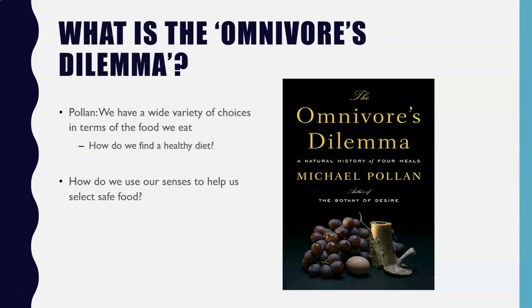But it brings up a really important question. How do we use our different senses to help us select food that is safe? Well, for example, with our sense of smell, most of the time we can use it to figure out whether the milk's gone bad or whether chicken has gone bad. Please take it from me, folks. If the meat smells bad, cooking it will not make that smell go away. It will still be bad. It will just be cooked. Don't eat it. But we're largely going to focus on how we can use taste to actually help us select